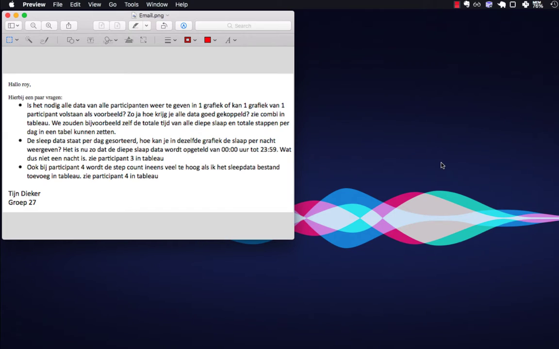So group 27 had 3 questions actually. And in this tutorial, I will discuss the first one, in which Stijn asks about how to combine the data from different participants in such a way that we can visualize them. And what I will look at is the example of the number of steps for a day, in which we want to create a bar chart where both the data from participant 1 and participant 3 will be displayed,